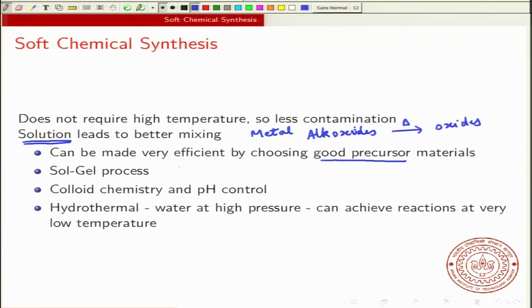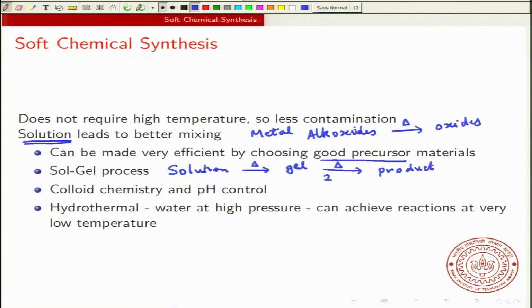So you go to solution, by slowly heating you get a gel, and this gel is taken. This gel is heated at high temperature to get your product. So this is called a sol-gel method, where the mixing is done using a solution, and then you condense it to form a gel, and then this gel is what is introduced in your solid state reaction, and here the temperature is typically